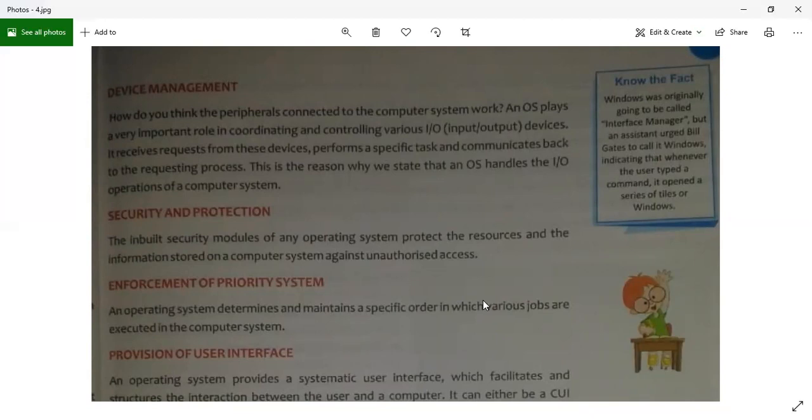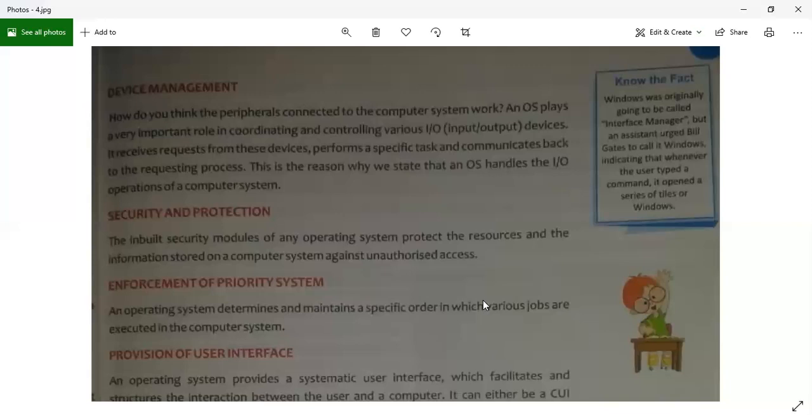So what are peripherals, guys? Peripherals are the mouse, the keyboard, monitor, printer, every device that you connect to your computer. So who is controlling those peripherals? When you press any key on the keyboard, how does the computer come to know what it needs to do? You press the key on the keyboard, the keyboard signal will go to the operating system, and the operating system will talk to the hardware. So that is how all the devices that we have inside the computer are controlled and managed by the operating system itself.